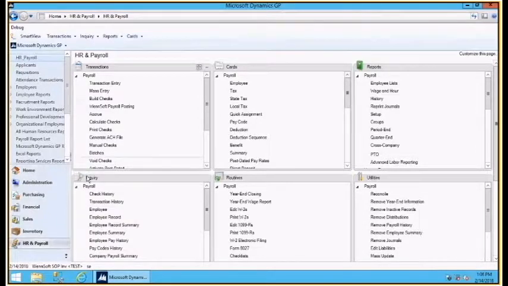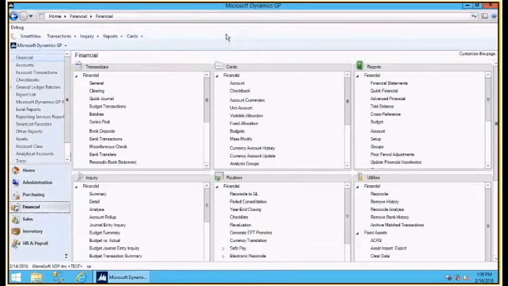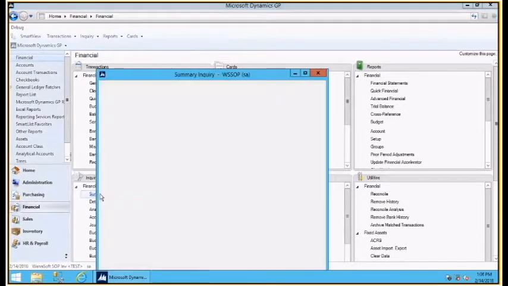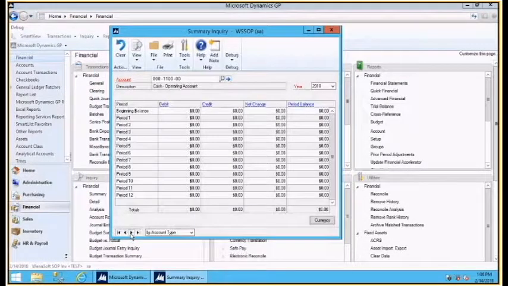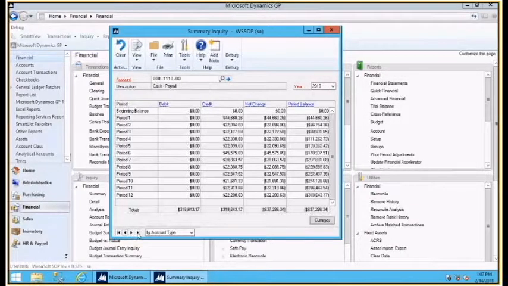So then the other main area that we might see issues would be on the general ledger. A couple of things to be aware of in here. One thing to look at is sometimes you might be reviewing your transaction summary information. So an account summary. So you pull up an account. Let me see if I can find one with data real quick. There we go. So you pull up an account and you're reviewing the balances right here in the summary inquiry,